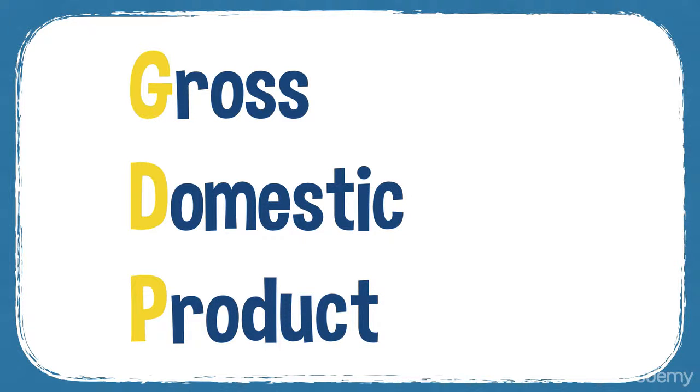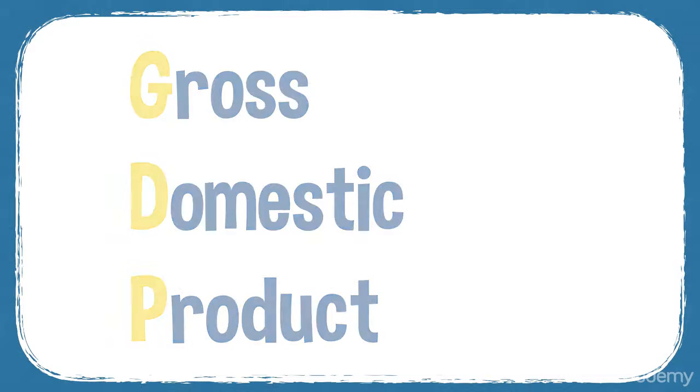Now, a country's GDP, it's an indicator. It shows how productive a country is. So the GDP measures the total value of goods and services produced in a country in 1 year. It's often used to compare the wealth of countries and also to compare the wealth of the average person in each country. So, for